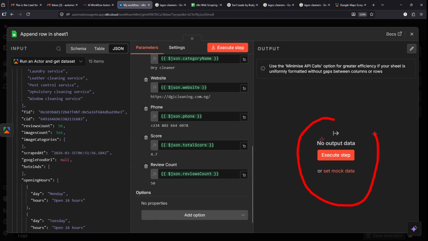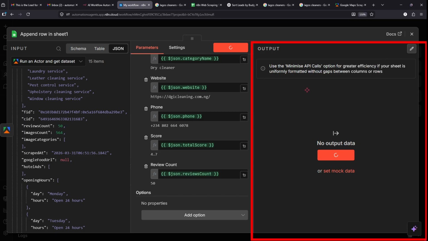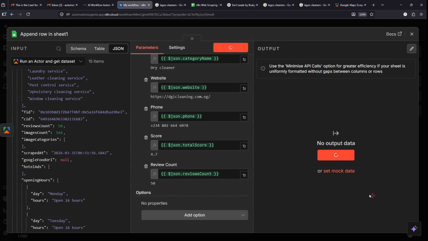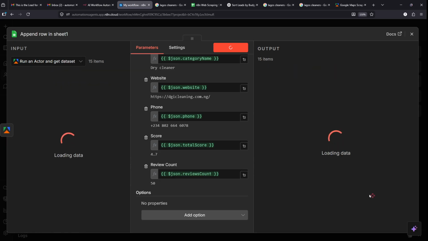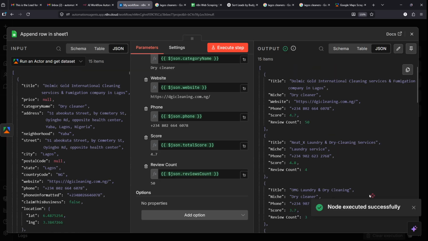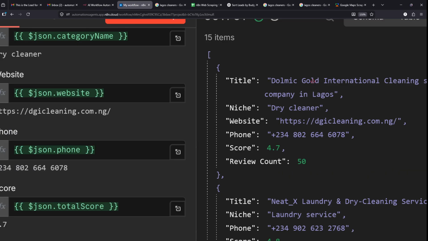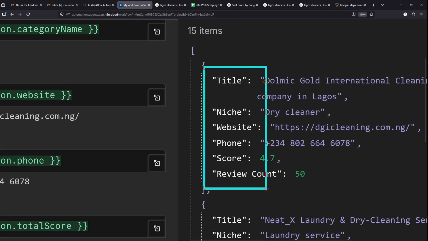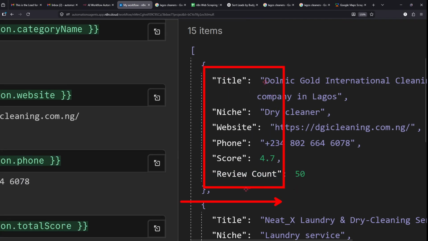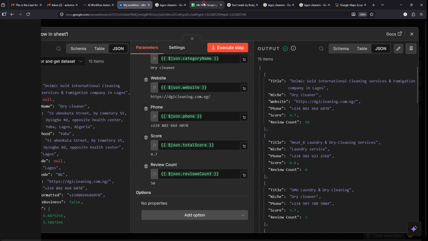So what you want to do is click execute step. Immediately you execute the step, all of the 15 rows will be inside your Google Sheet, the entire 15 rows. So I'll click execute step, and let's see it's successful here before we move on. Okay, boom. You can see it now gives us only the output that we want, right? And that's it. So if we check our Google Sheets now,